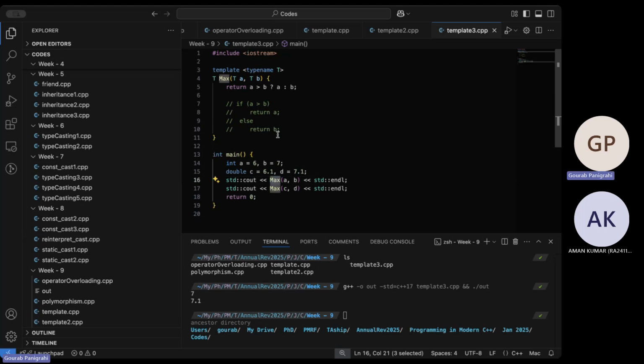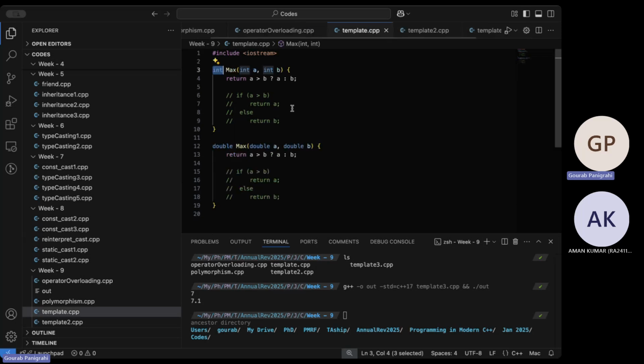So if you remember, from line 3 to line 11, this function actually doesn't exist. As in, if you would have compiled this code, max taking integers A and B and returning an integer with this body will exist in the executable itself.